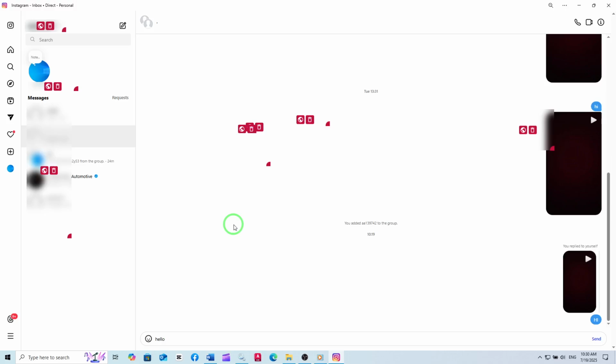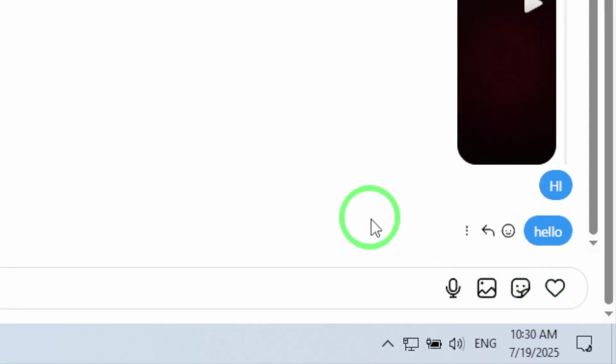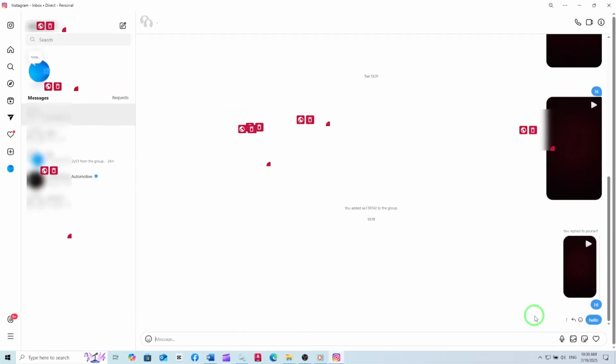When your message is ready, simply click the send button, which is usually represented by a paper plane icon next to the message box. Your message will instantly be delivered to everyone in the group, and they can reply right away. And that's it. Sending a message to a group on Instagram's PC app is straightforward and quick with this